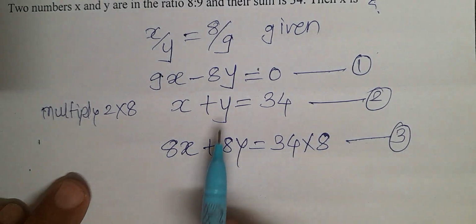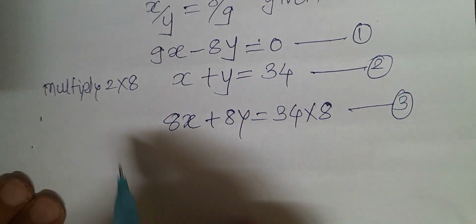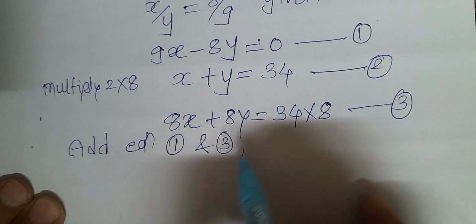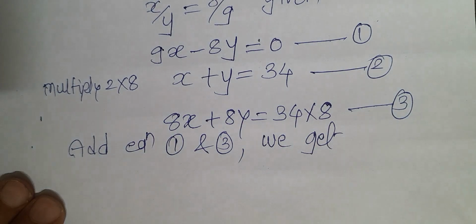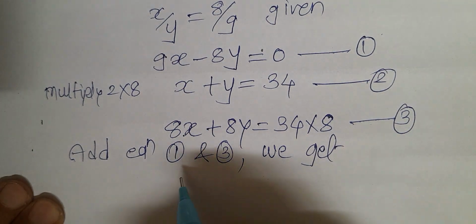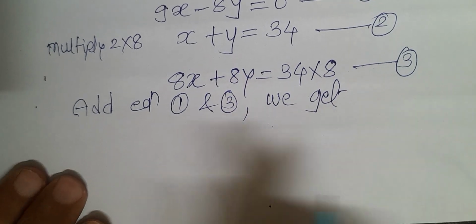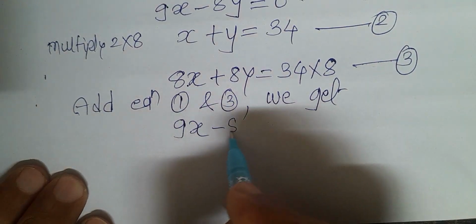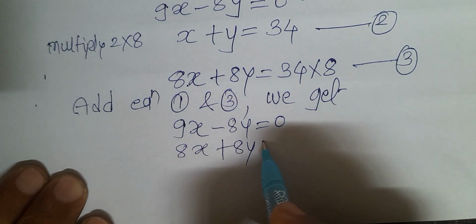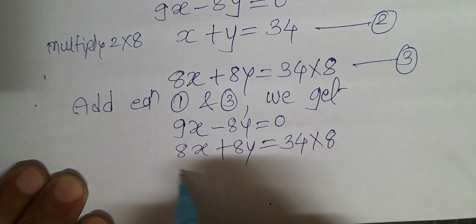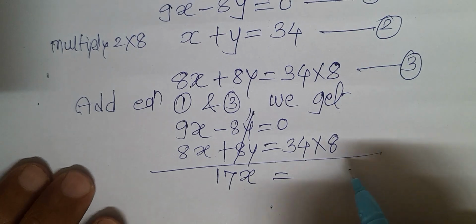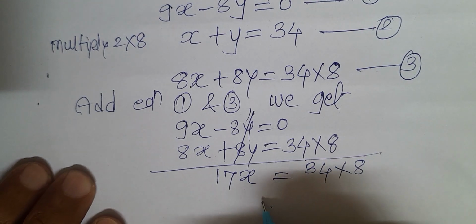Okay, we have to just now add equation 1 and 3. If we add equation 1 and 3, we get 9x plus 8x is equal to, if you add these two equations, 9x minus 8y is equal to 0 and 8x plus 8y is equal to 34 into 8. So you add these equations, and the y terms will get cancelled. So this is 17x is equal to 34 into 8, and therefore x is equal to